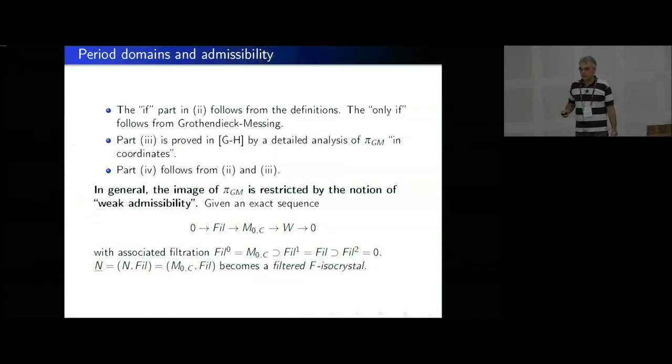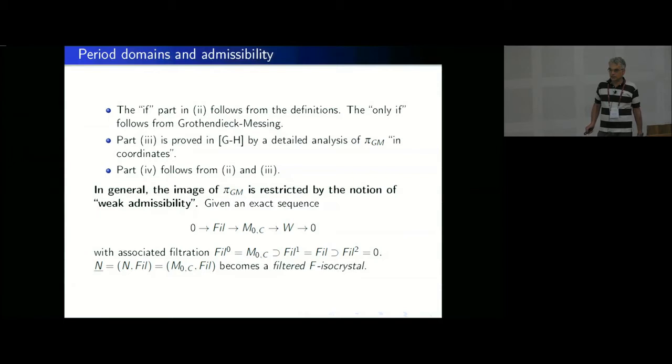So given this h-dimensional vector space and a d-dimensional quotient, there is a kernel, which is the Hodge filtration, and I call it Fil, in honor of the Hodge filtration. And then I get an associated filtration where Fil 0 is everything, Fil 1 is this, and Fil 2 is 0. And with this, the couple N with a filtration,